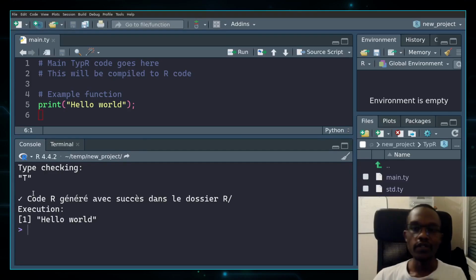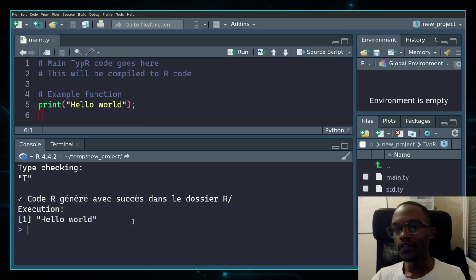It will appear in two forms. True information, I think. So it's a result of type checking, after type checking the whole file, and also the result of the execution,